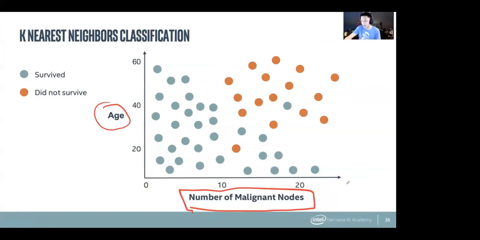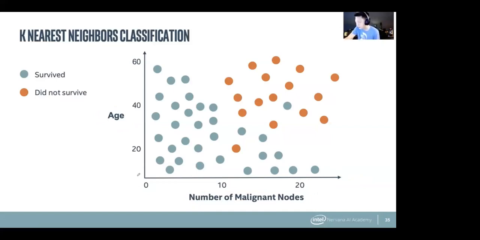Like maybe this is on the order of, I don't know how many cells, but let's just say millions or billions of cells, maybe 10 to the 9 or whatever. So you have these cells, and you have these people who are trying to fight cancer. And you want to know, given some new person, whether they survived or did not survive. Now, a very easy way of trying to perform this classification is to say, if somebody is age 40 and has 5 cancer nodes, so they would be here.